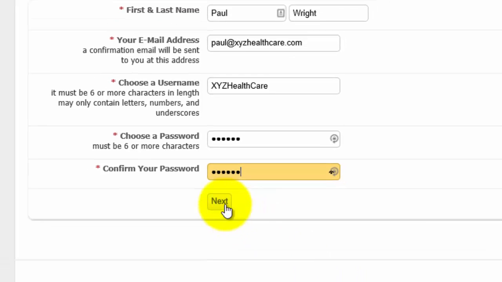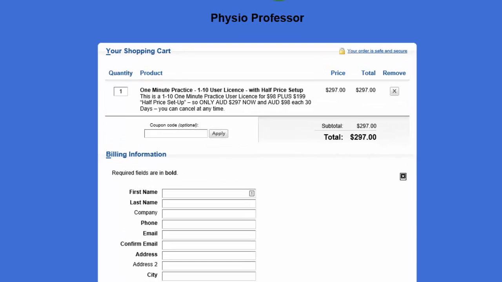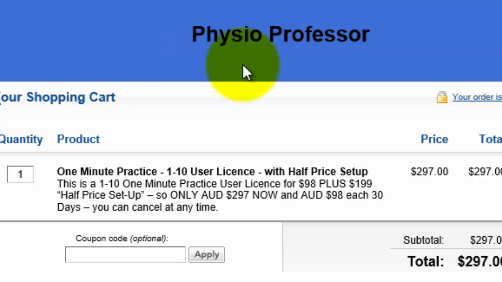I then go next. I'm now taken to the payment setup inside my business, which is Physio Professor. So you'll see on your credit card when your payments are processed, the name Physio Professor will be the business name. If you see a processed payment from Physio Professor, that's for your 1 Minute Practice license. This is a 1 to 10 user license for $98 plus $199 half price setup. So total $297 Australian dollars now, and then $98 Australian dollars each 30 days. You can cancel any time by emailing us